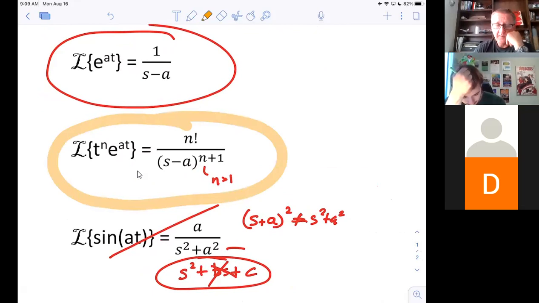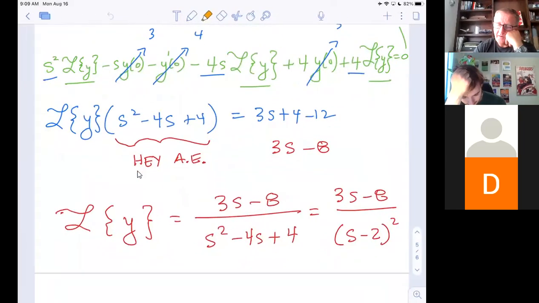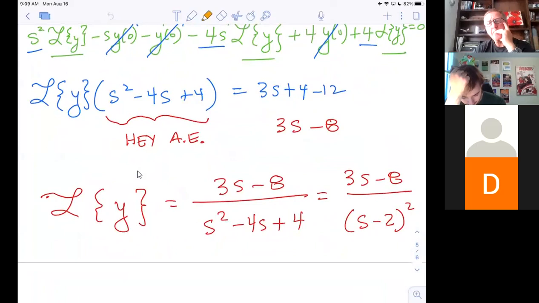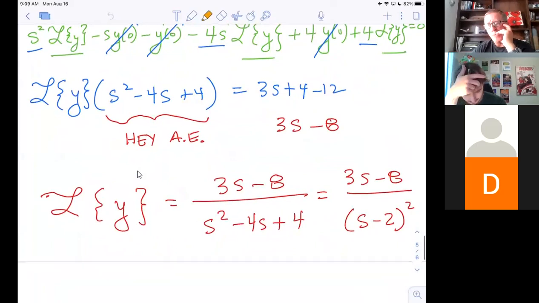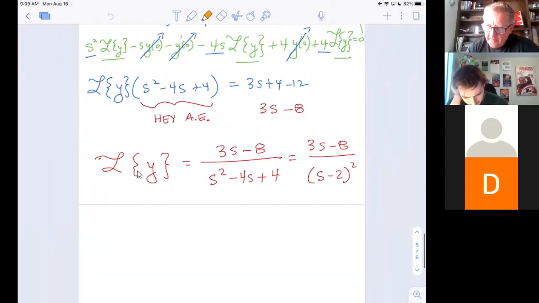If there was a 1 sitting up there, I'd be home free. Do you agree with that? Anyway, those are some preliminary thoughts. But again, our approach to this might be